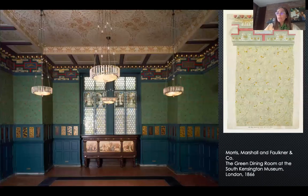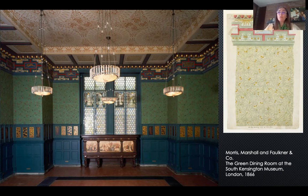Morris, with his friend the architect Philip Webb, formed a decorating firm. The firm designed the green dining room at South Kensington Museum, which in structure and treatment influenced the decorative scheme of the walls of artistic interiors. However, the artistic home decor really began to develop as a distinct trend in the home studios of the artists